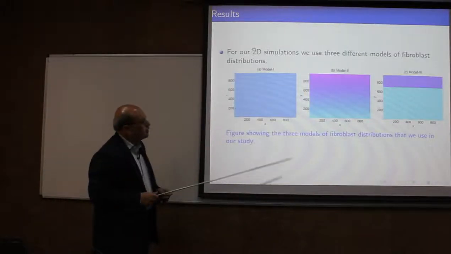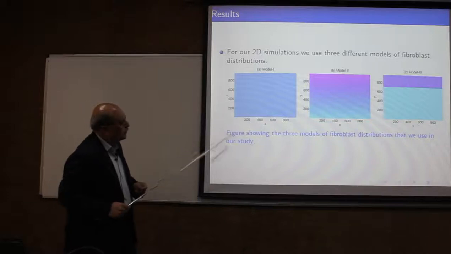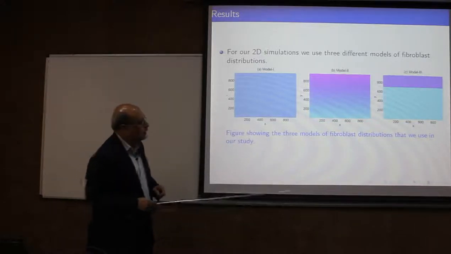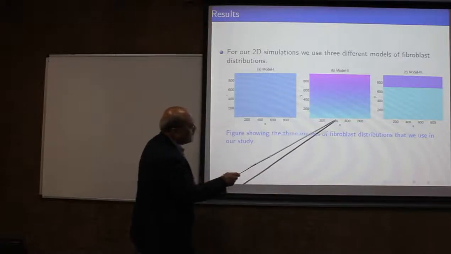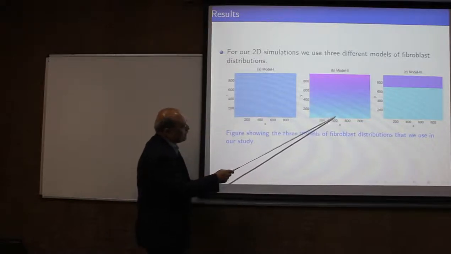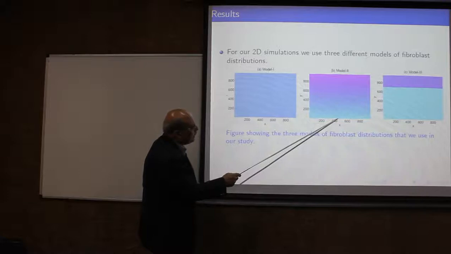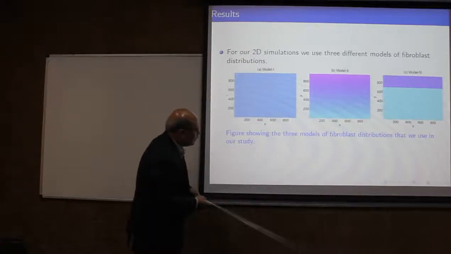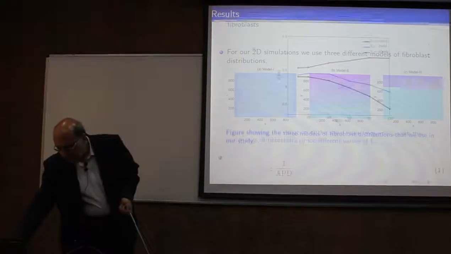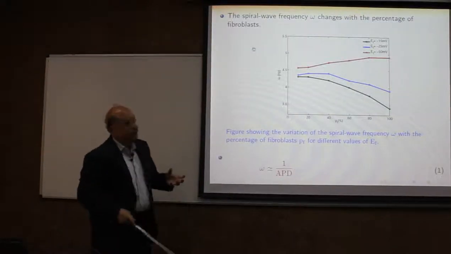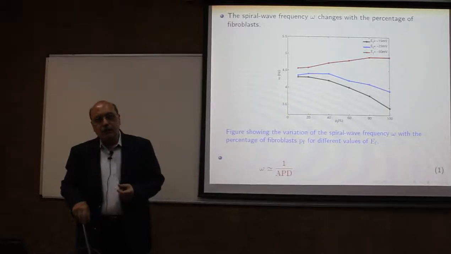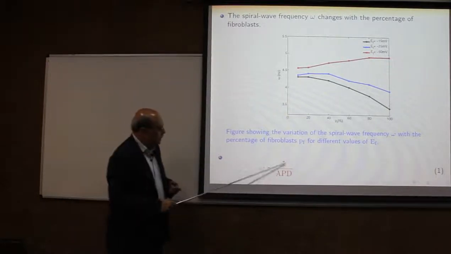We carry out simulations in 2 dimensions and 3 dimensions with various different distributions of fibroblasts. Let me just concentrate on one here, where the density of fibroblasts changes linearly as we go from here to there. Here it is high, here it is low. Roughly speaking, what happens is that the local frequency of rotation of the spiral wave depends inversely on the action